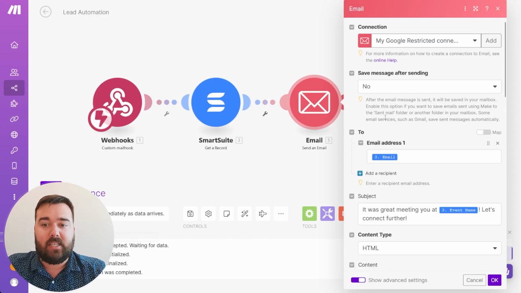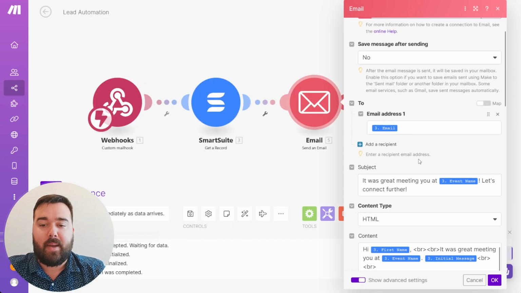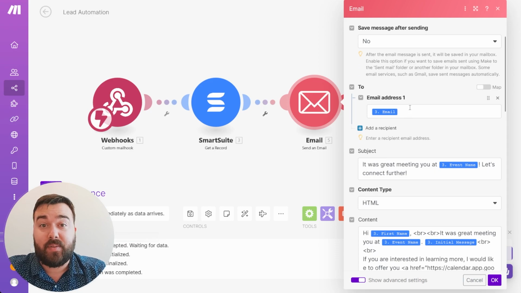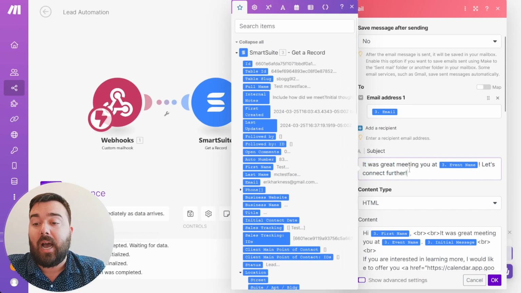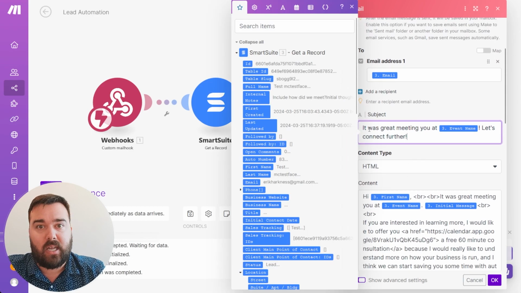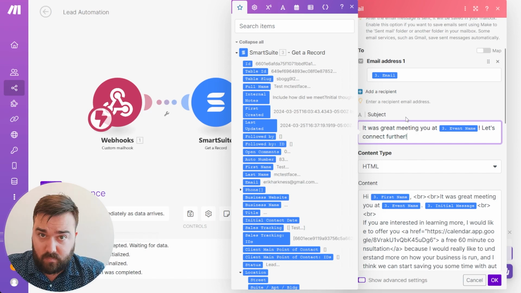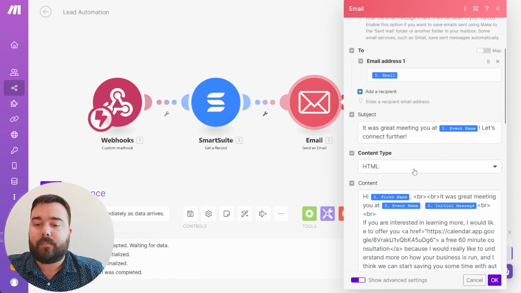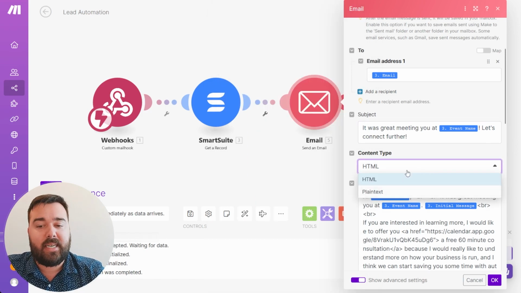Clicking on the send email, I'm going to be able to map the specific information that I want. I can map the email from the user that I want to send this to. I can update the subject line, and I am putting this as trying to say, hey, it was great meeting you at the event that we were at when I connected with them. Let's connect further. Now, content type, you could do a plain text, but what I actually do here is do